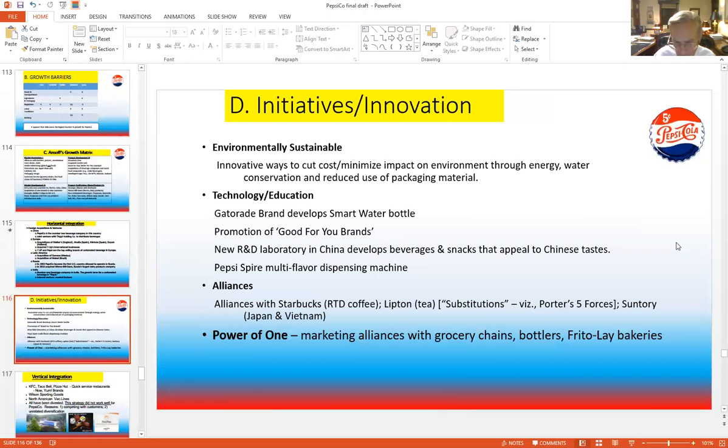And Suntory in Japan and Vietnam, another alliance. The power of one, as I mentioned earlier, was brilliant. It was developed by one of PepsiCo's earlier chief executives, Roger Enrico. And Enrico came up with this just brilliant strategy of becoming partners with grocery stores, helping the grocery stores to sell their products by forming these alliances to make displays, to do cooperative advertising, to set up